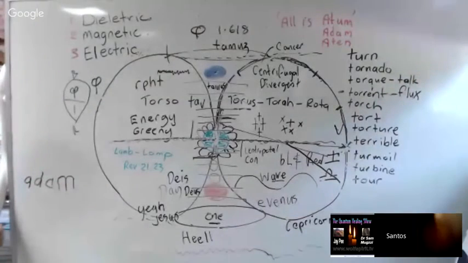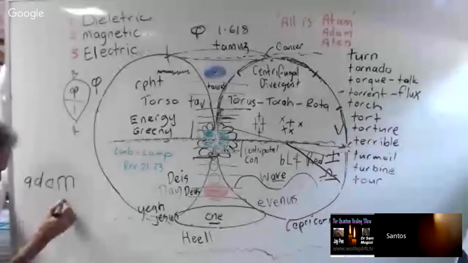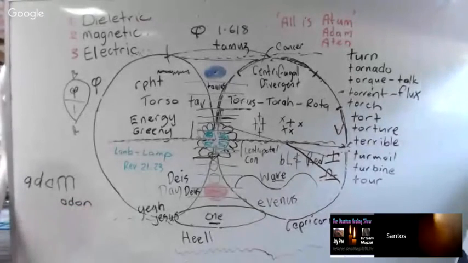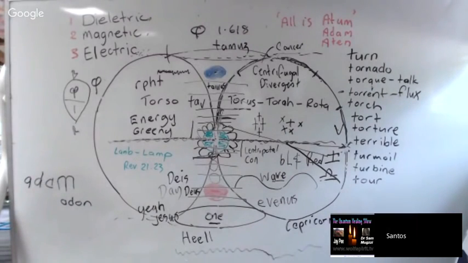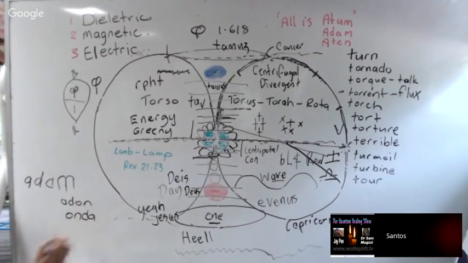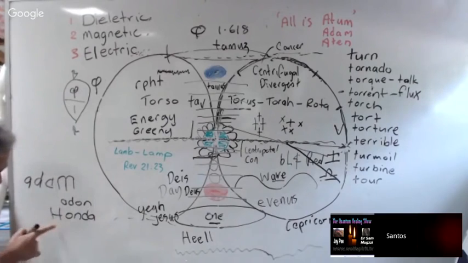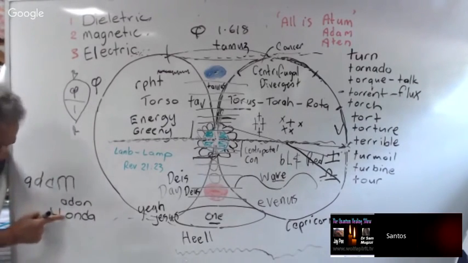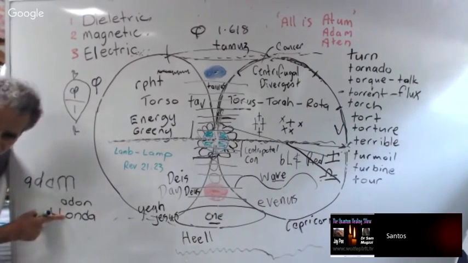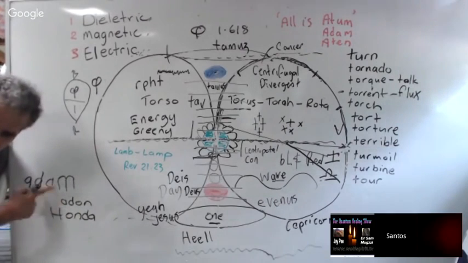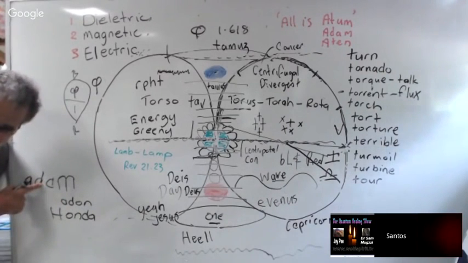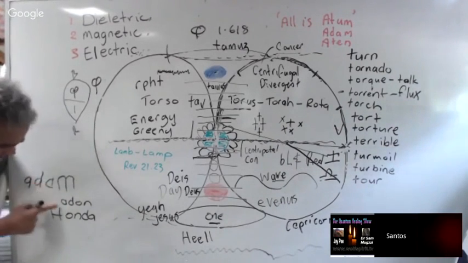Adam is an anagram for Adon. Adon is the wave, because this is the same word onda, as in the Japanese Honda. Onda is the word for wave. It's an anagram of Adon, which is Adam. Adam, atom, is the wave. This is the